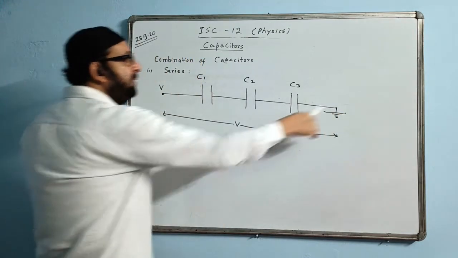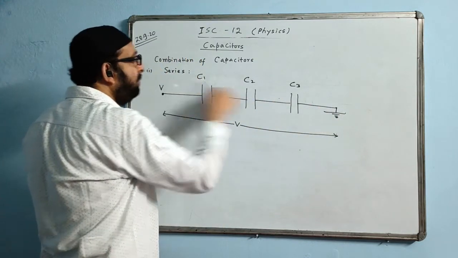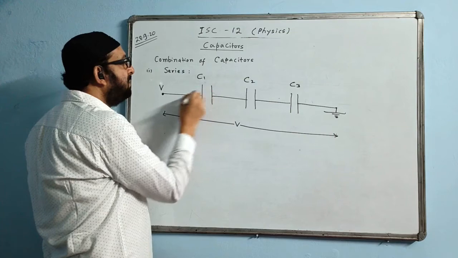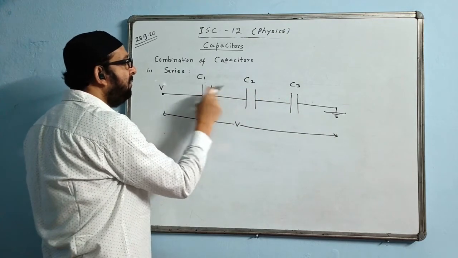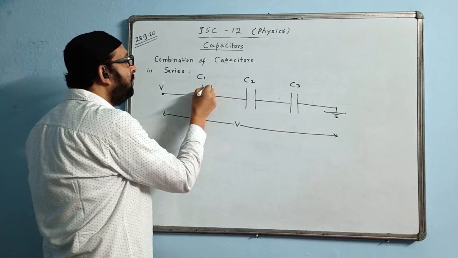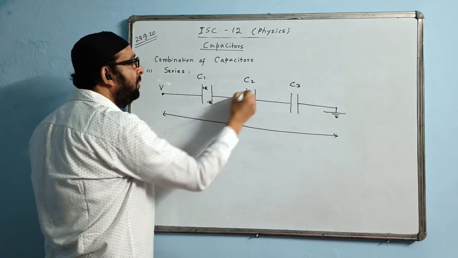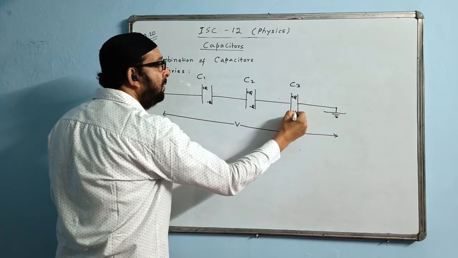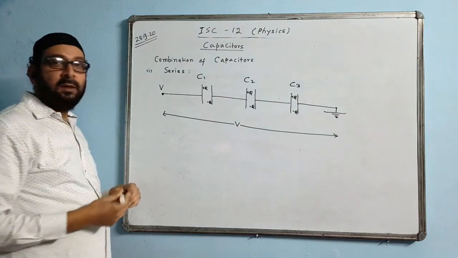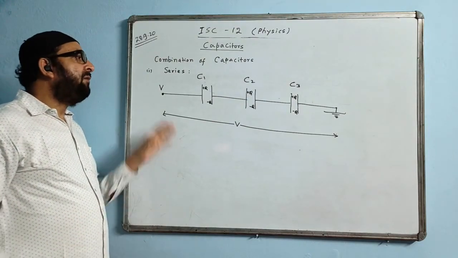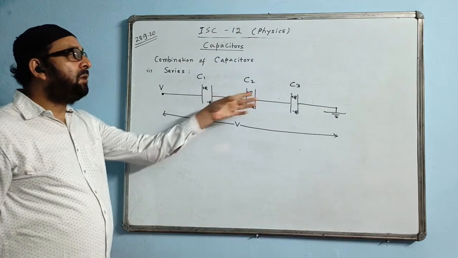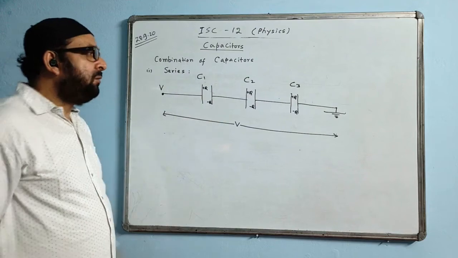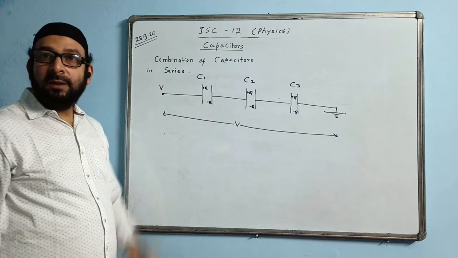Because potential of the earth is 0 and this is V, so total potential is V plus 0, that is total V. And here we show the charges. Same charge will be stored in each one. Same charges will flow. So here we will show plus Q and here we will show minus Q. Plus Q, minus Q, plus Q, minus Q, like this. Actually, we are deriving for many, but we are starting with minimum 3. You can show 4, 5, and so on. We can give dots, but 3 of them are original. So this diagram will carry 1 mark, the correct diagram.